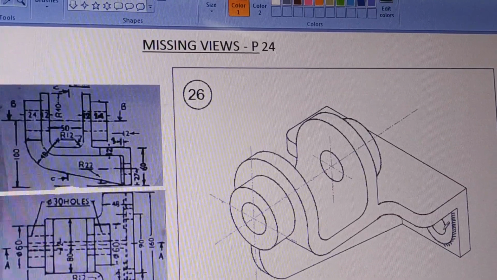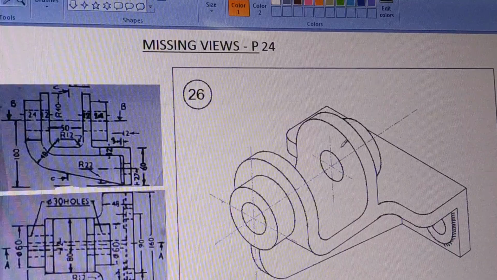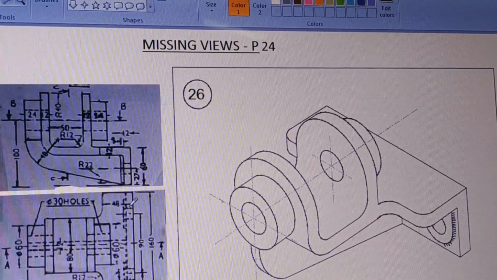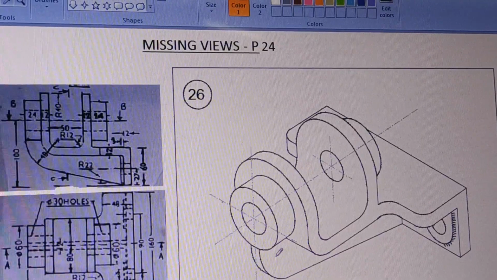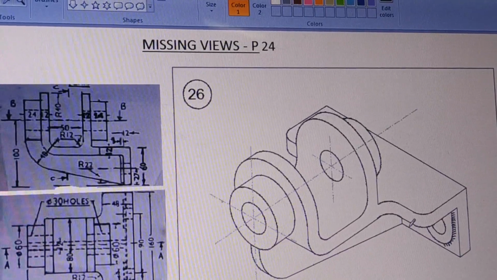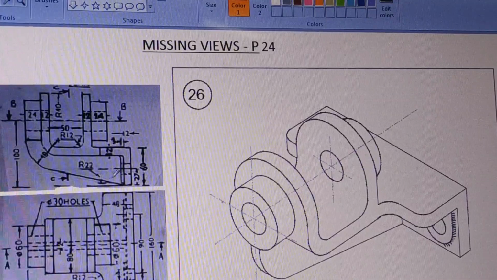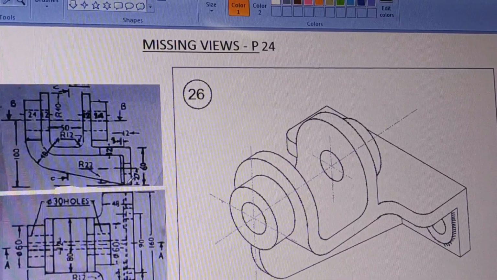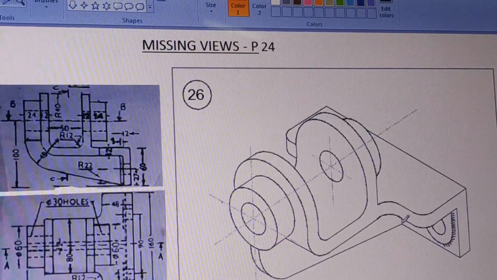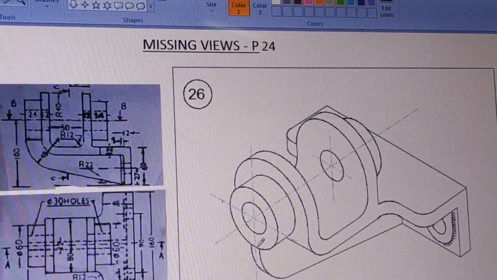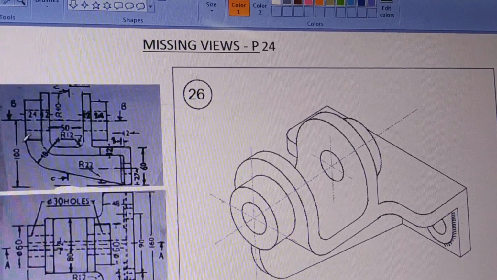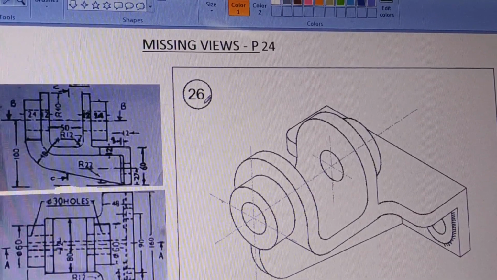So there is one more similar raised surface on the other side, which you can see here in the top view at this place. So there is a surface on the other side, and then there is a rib extended from this cylinder till the vertical rib over here. So this point here is this point here, and the rib starts from here. So that is your figure number 26.